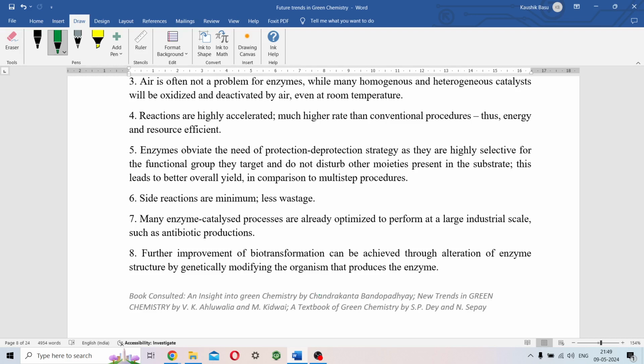So you have to design a protecting group which will lock your undesirable functional group into something which is not reactive. Then you do your reaction on your specific functional group, and then you deprotect. So that adds 2 extra steps into your organic synthesis scheme, and because each step loses you some sort of